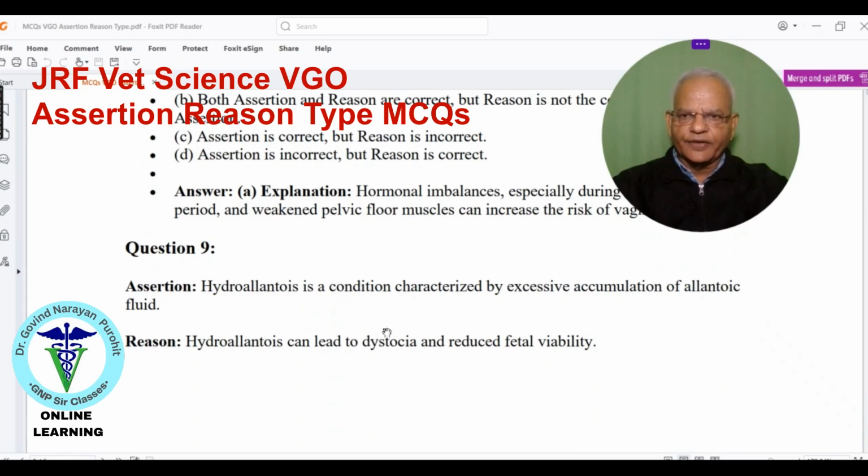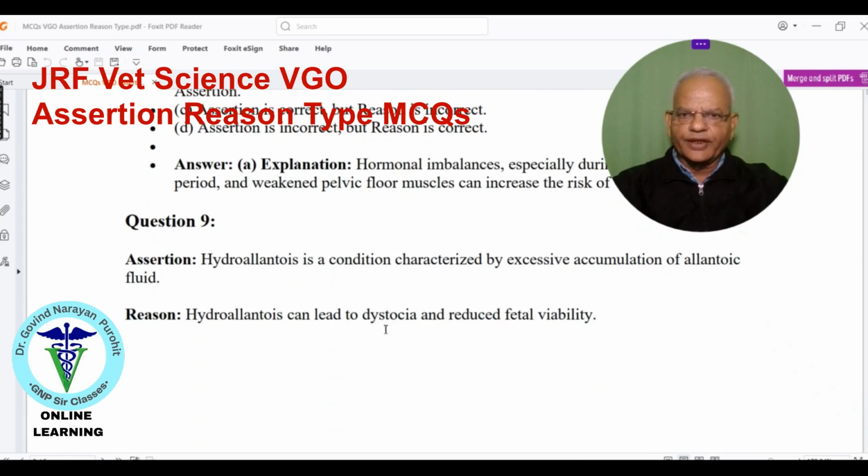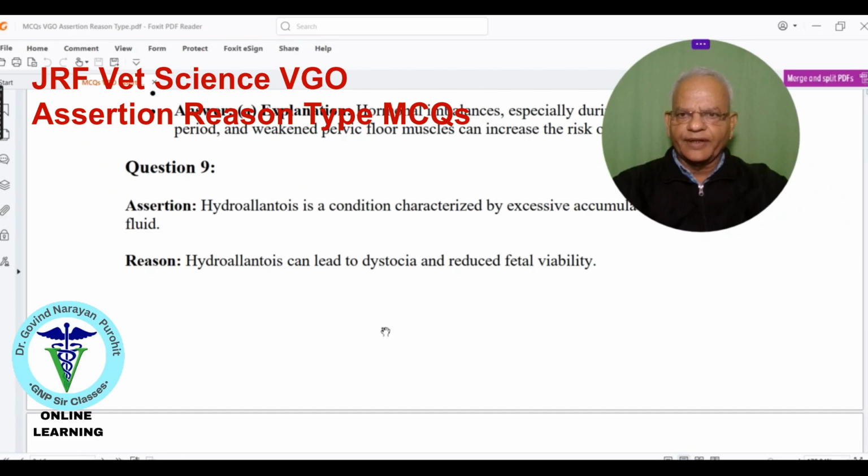Hydroallantois is a condition characterized by excessive accumulation of allantoic fluid. Hydroallantois can lead to dystocia and reduce fetal viability. Look, hydroallantois is sudden accumulation of fluid, maybe up to 200 liters, and because the uterus becomes very distended, the musculature is very weak, and sudden loss of fluids occurs when parturition occurs. So, due to sudden loss of that much fluid, the animal may die,